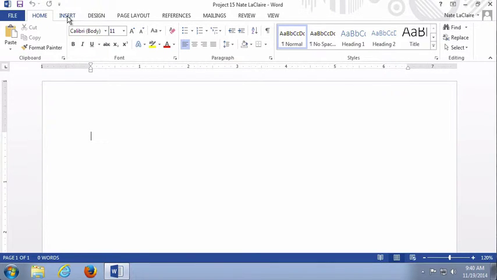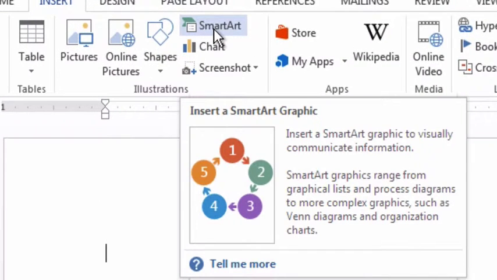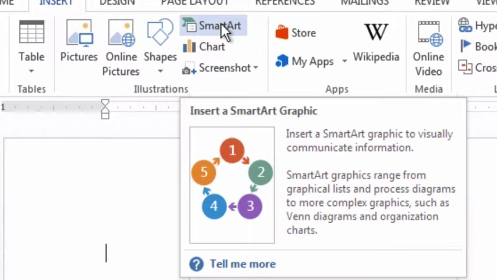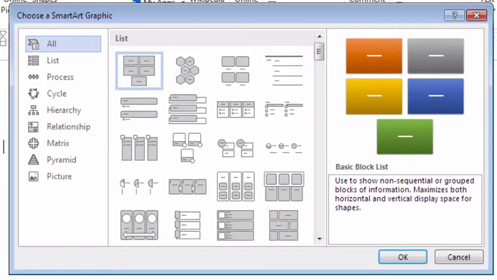Okay, so let's go to the Insert tab on the ribbon and click on the SmartArt button in the Illustrations group. SmartArt is used to visually communicate information, as it says here on the pop-up. This can include things like organizational charts, like we're going to do, as well as Venn diagrams and graphical process diagrams, things like that. So let's click on SmartArt,